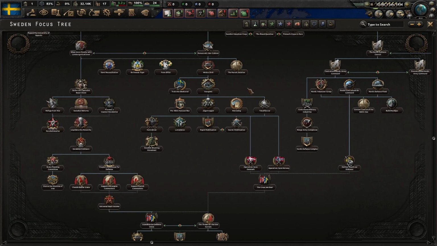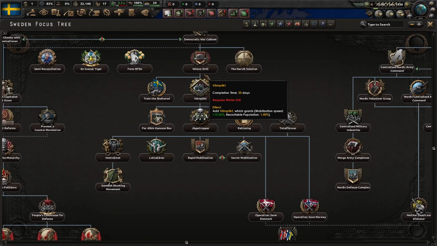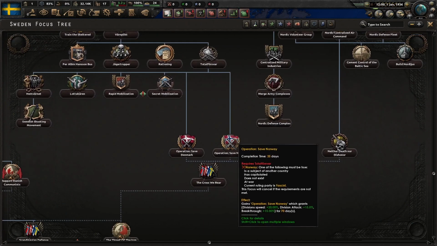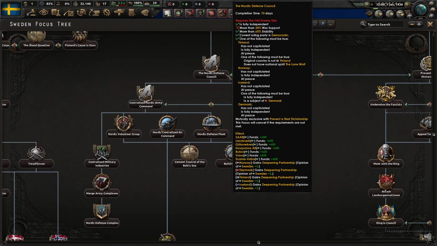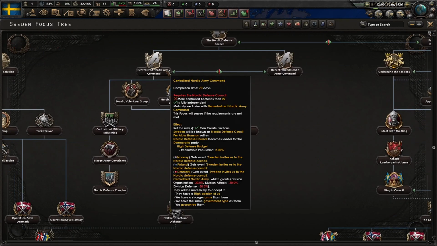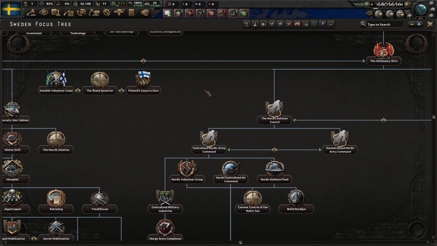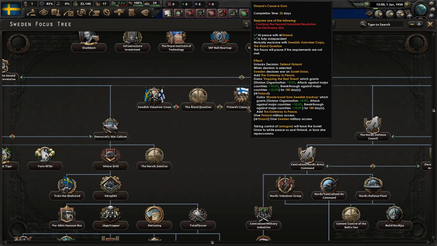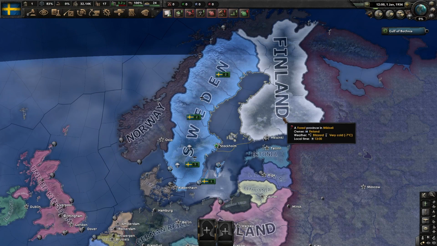Yeah, there's not too many focuses down here, but a lot of them are, like I said, very worthwhile. They do the things that are worthwhile, and you still get war goals at the end. And you can even stay democratic and do Nordic Defense Council, although I did that and it didn't really work, but I did that the day after this DLC was released, so it was probably just a glitch that they hadn't worked out yet. And also you can join Finland in their war against the Soviet Union, which I think is a really, really cool option,